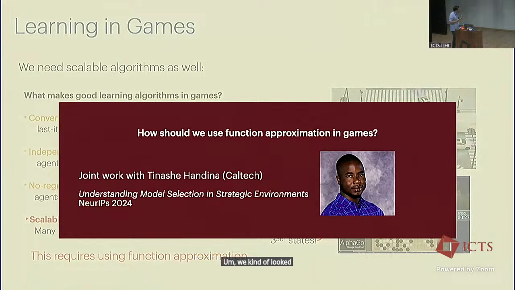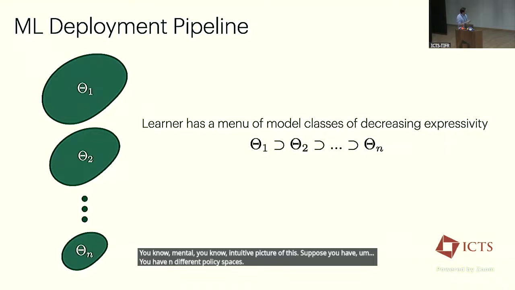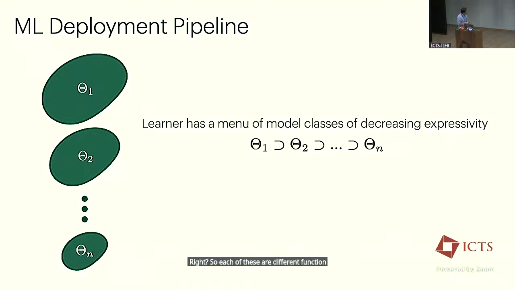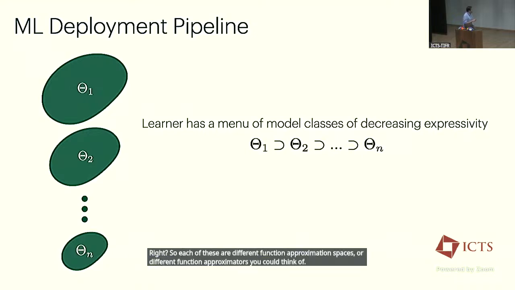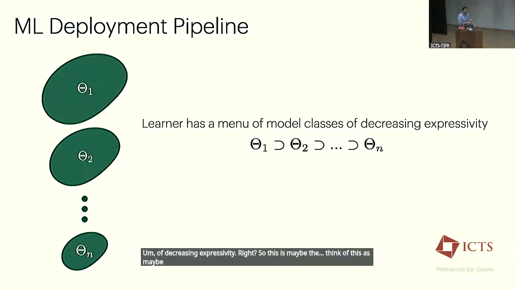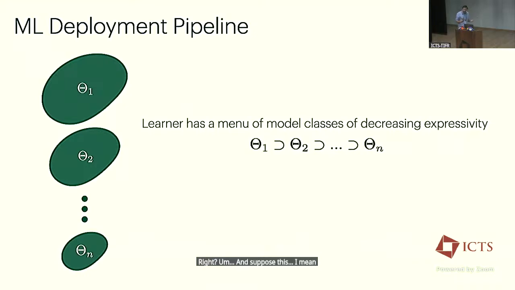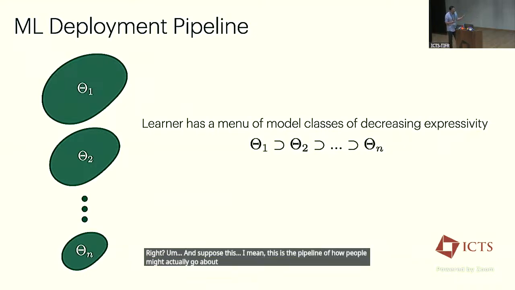We looked at how we might use function approximation in strategic environments. And I'll take you through a very simple, intuitive mental picture of this. Suppose you have n different policy spaces, right? Each of these is a different function approximation space, or different function approximators, of decreasing expressivity. Think of this as maybe the smallest neural network all the way to the largest neural network, right? And suppose this is the pipeline of how people might actually go about using function approximation in Markov